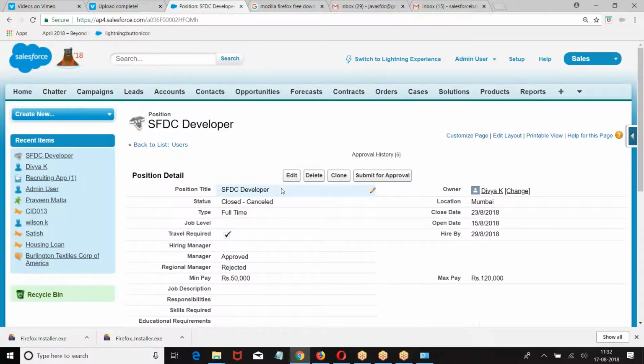So what was this? Multi-step. Step 1, step 2, step 3. When you have multi-step, every record should go from step 1 to step 2, or only few records should go. You need to select all or few. When you reject the record in step number 2, entire operation should be rejected, or only the particular step should be rejected. That's what we need to understand. I hope you are good with this. Everyone has followed? Right? This is multi-step approval. Now let us go to the next one. We are trying to understand the next concept.